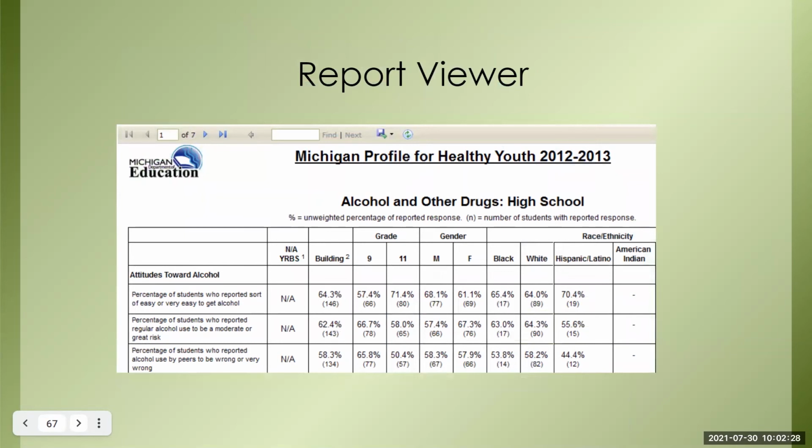You can see percentage of students who reported sort of easy or very easy to get alcohol. And you can see 64% said it's pretty easy to get alcohol. In 9th grade, 57% of the kids said it was easy. 71% of the kids said it was easy in 11th grade. And it's also broken down by male and female, and by Black, white, Hispanic, American Indian, and so forth. Now you'll see in this one, American Indian isn't reported out. If there are less than 10 students, they will not report that information because it will be too easy to